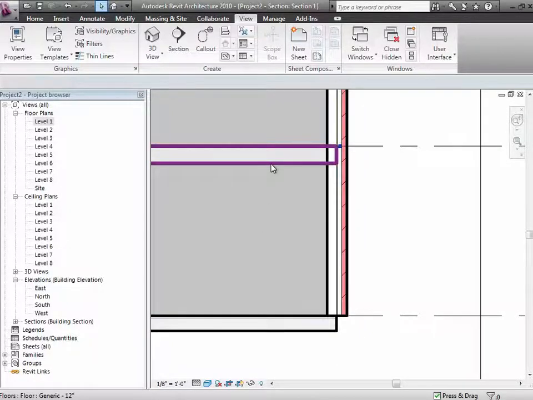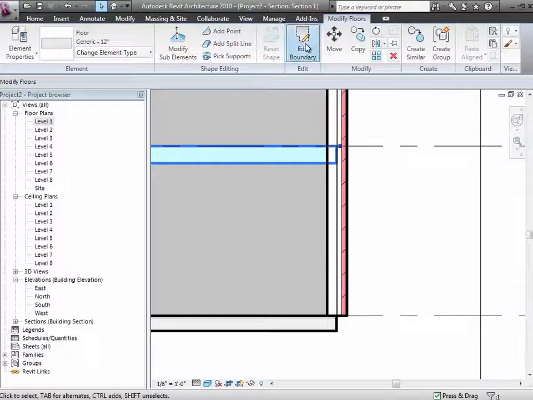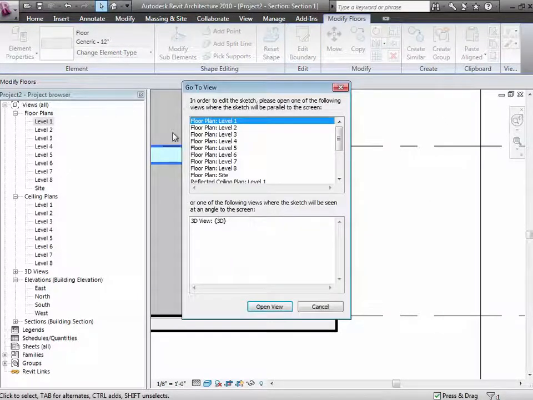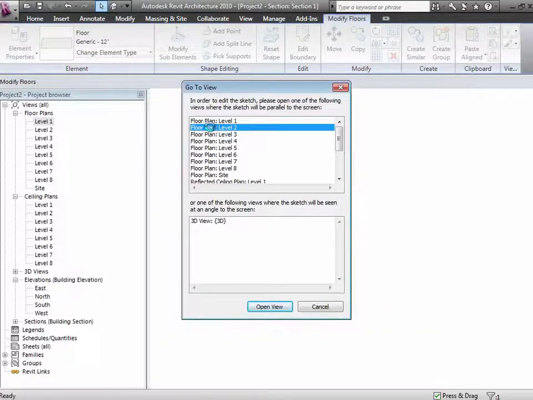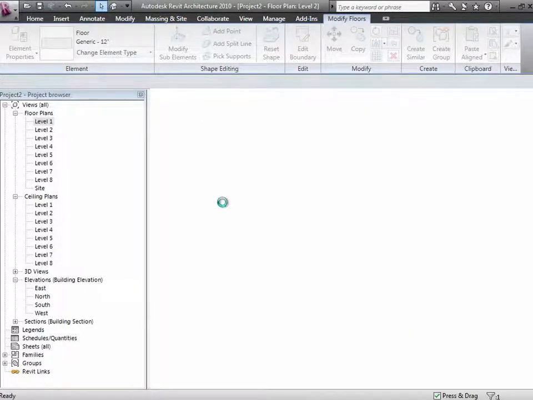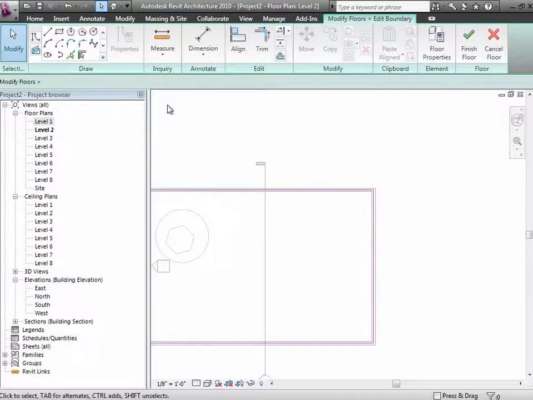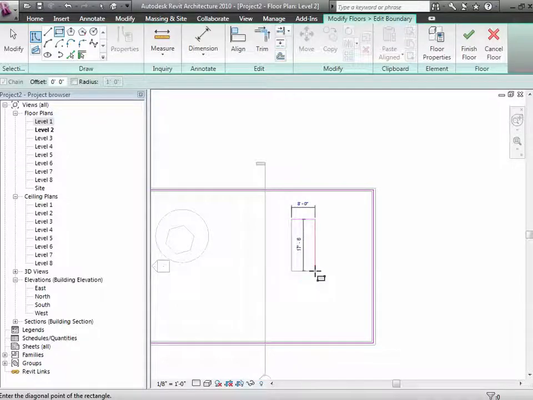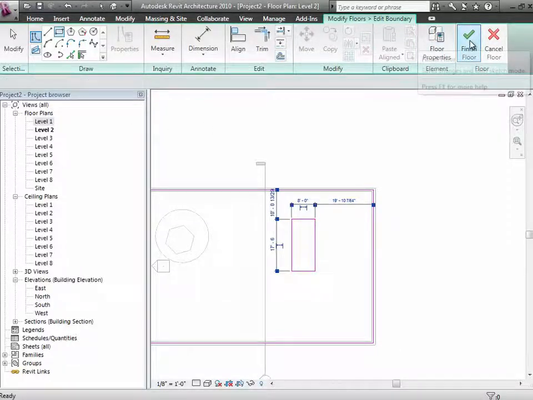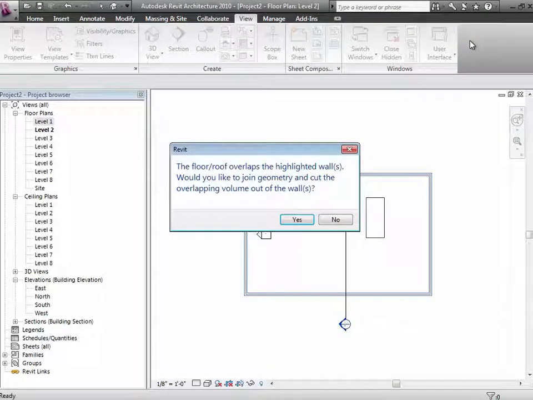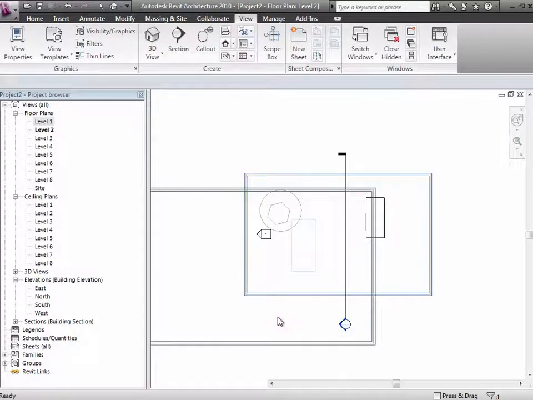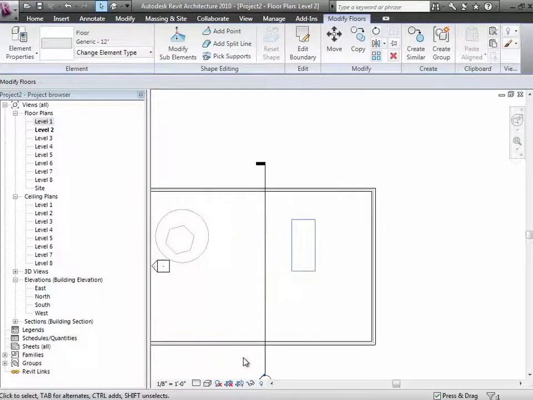So how you would do that, let's just go ahead and I'll choose this and I'll say edit the boundary. I will go back to the floor plan view and make the change. It turns out whenever you open a floor and edit its sketch and then you finish the floor, having made any change to it, it wants to cut a hole in it. That should be enough to make it work. Say finish. We'll keep on getting this. It keeps on asking you every time, are you sure you don't really want to do this? It really was a smart idea. So if you say yes, what will happen is when I go back to the section view,